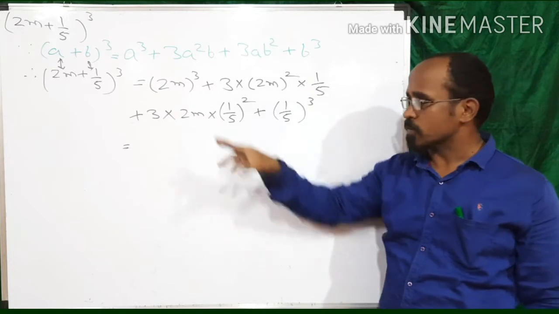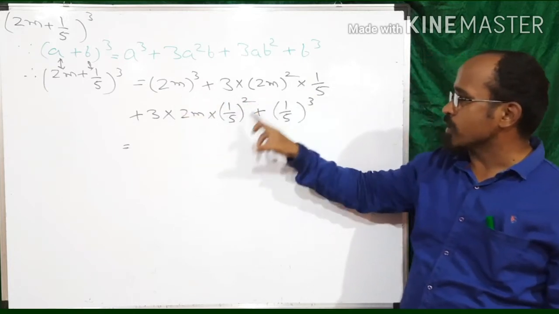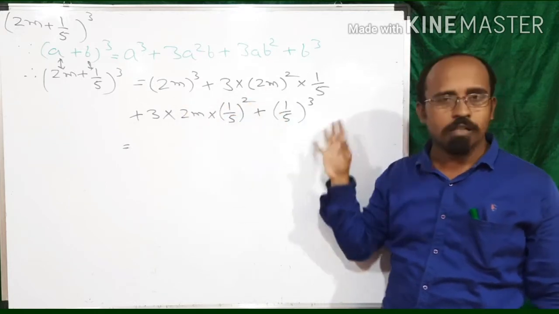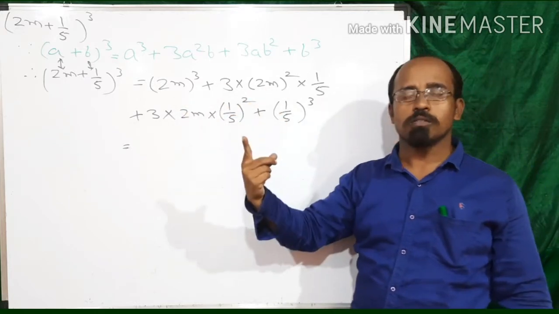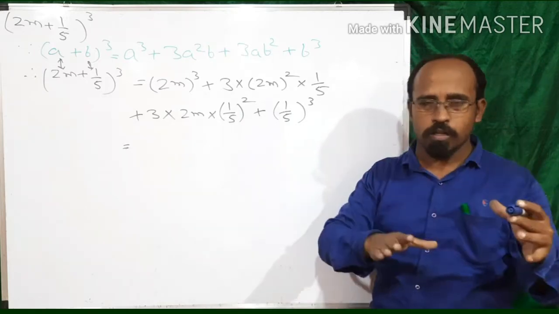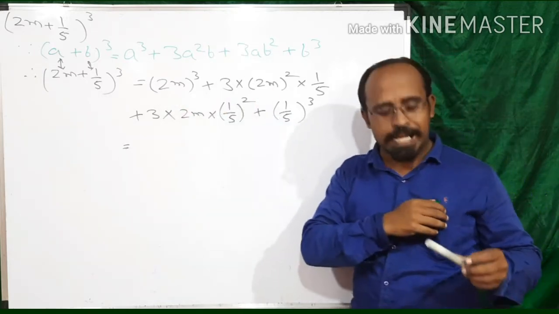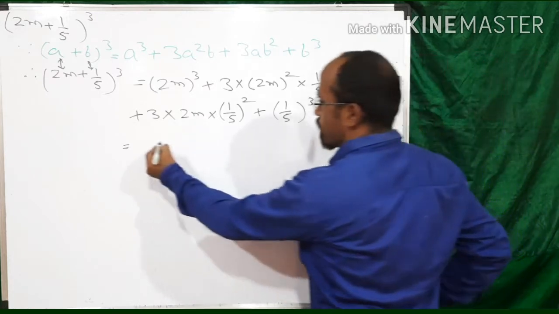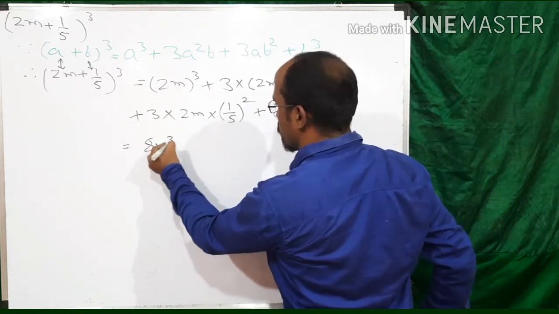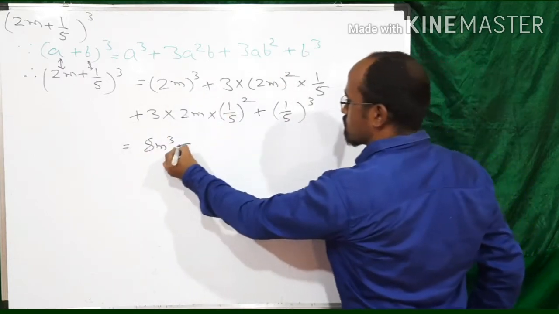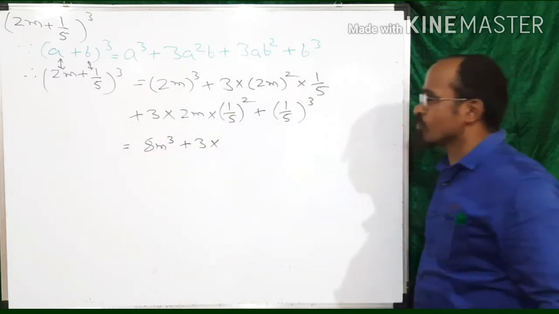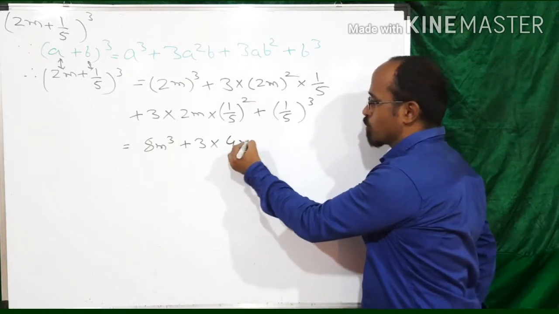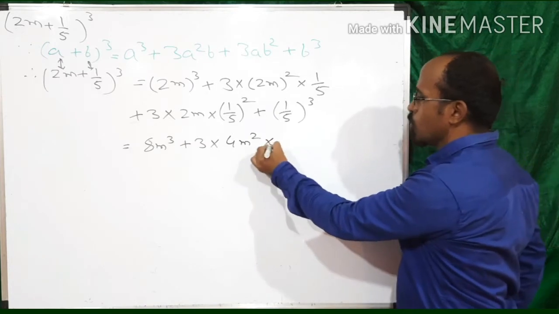BODMAS, solve the bracket first. One bracket, two brackets, third bracket, fourth bracket. All the brackets contain indices only, right? So directly we jump from bracket to order, means we have to solve the indices first. So let's solve the indices from left to right. (2m)³ is equal to 8m³. (2m)³ is equal to 8m³ plus 3 into (2m)², (2m)² is equal to 4m², into 1/5